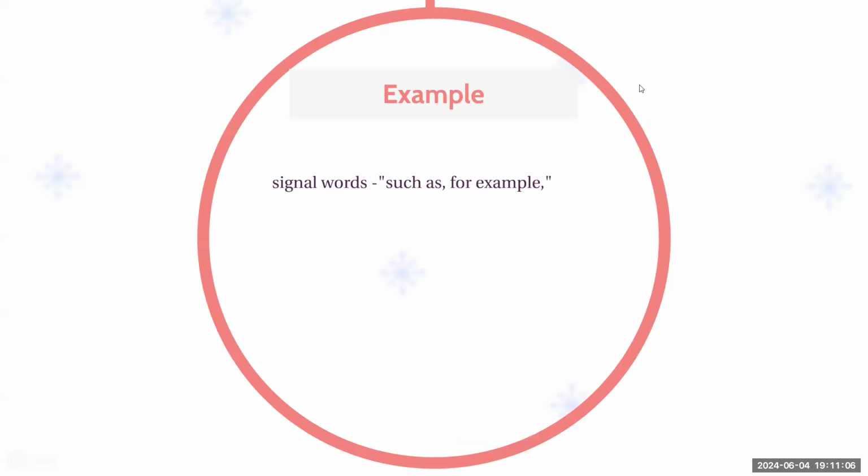Next up, we have examples. Example context clues provide an example of what we're talking about to help us identify unfamiliar words. So when you're reading something that says, for example, it gives you an idea of how that looks. Does that make sense? Yeah? No? Maybe? Questions? Okay. So you're using things like such as, for example, including, to introduce these examples, making it easier for the reader